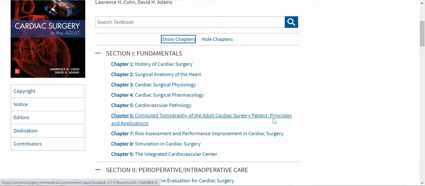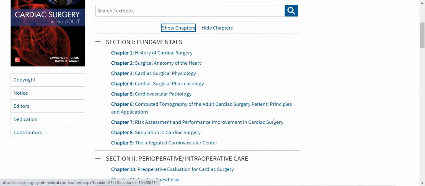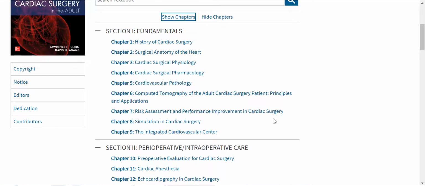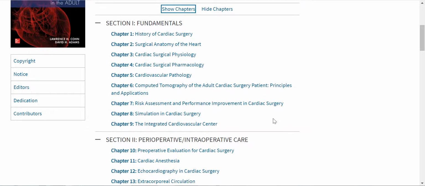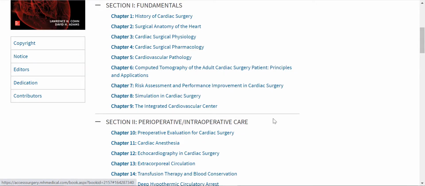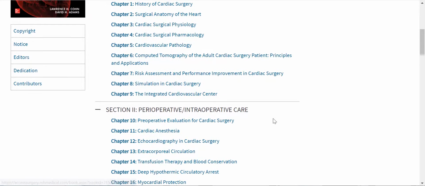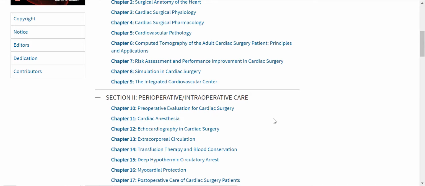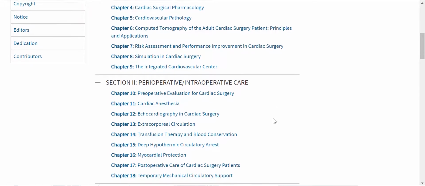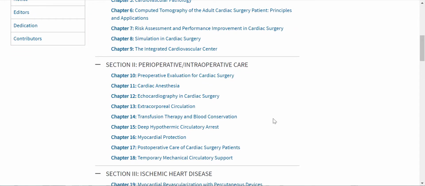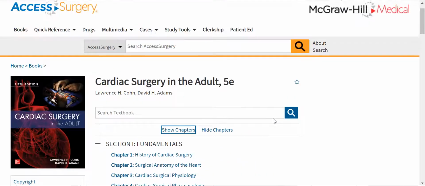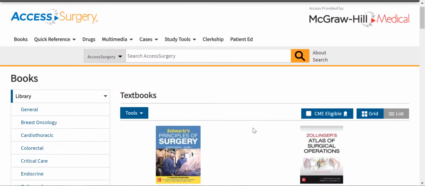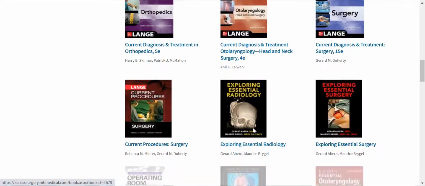In the 5th edition, the world's foremost cardiovascular surgeons once again deliver thorough, up-to-date coverage of operative strategy, decision-making, techniques, and pre- and post-operative management for treating the adult cardiac patient. Unmatched in both its scope and clinical rigor, this classic text contains 63 chapters that highlight every important topic in cardiovascular surgery. And another text I want to point out to you